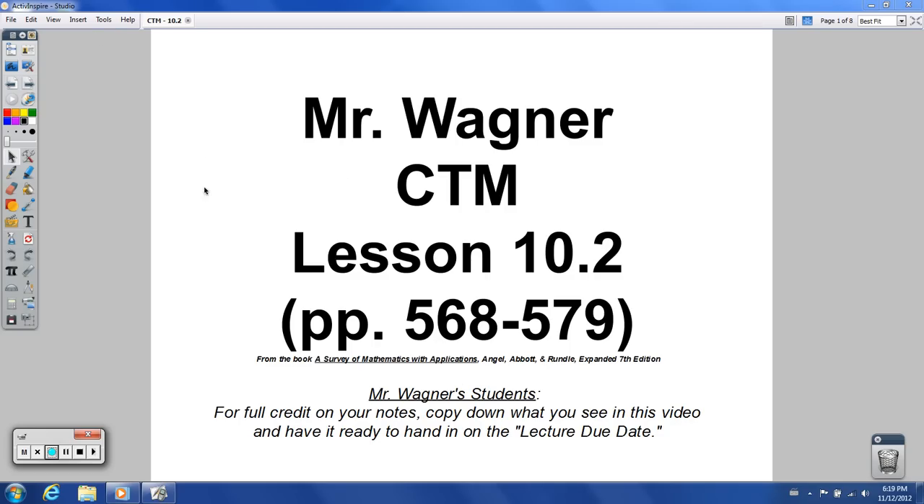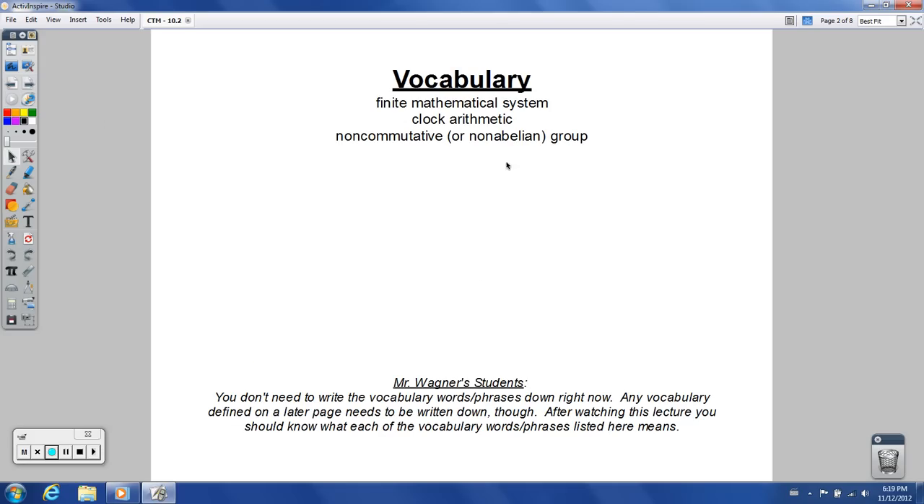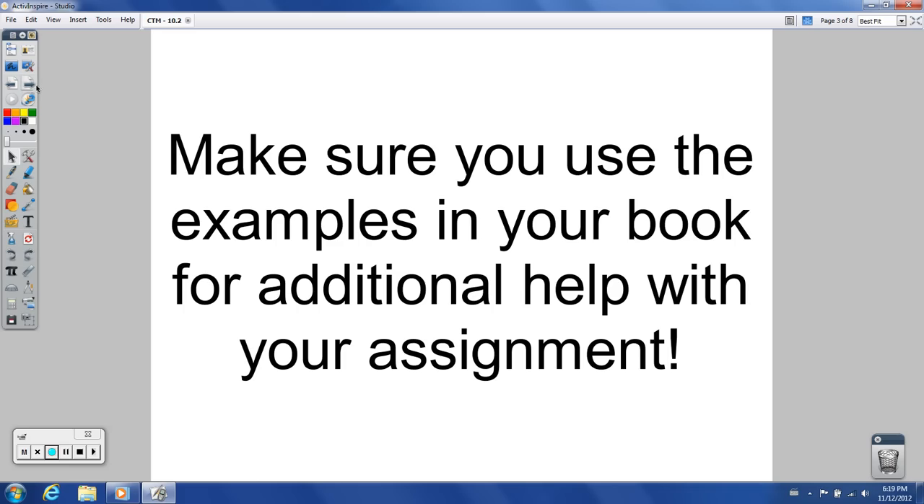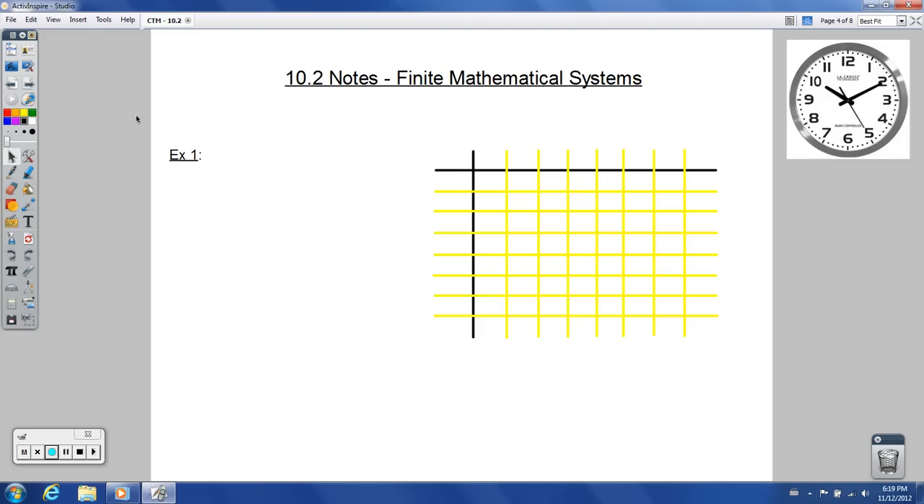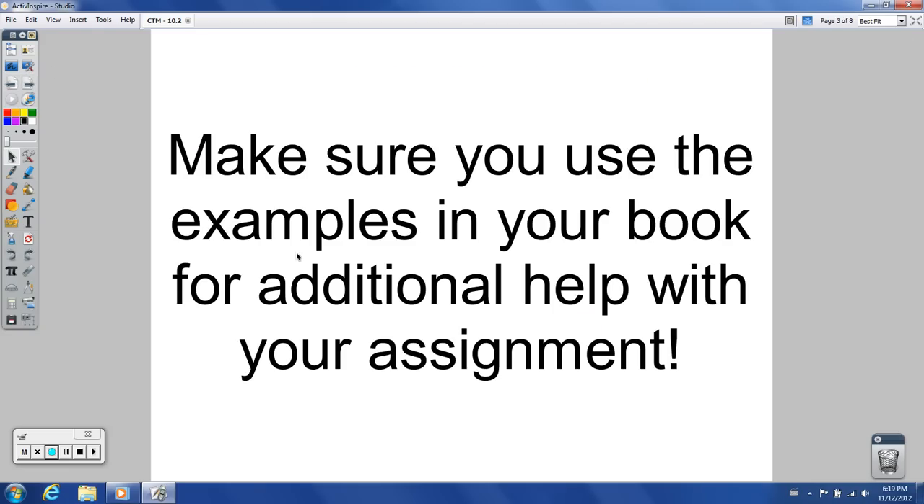It can be found on these pages, and if you want to check out some of the new vocabulary, here it is. Not nearly as much as the last lesson, but we're going to be focusing more on figuring out whether things are or are not groups in a finite sense, and make sure you're using those extra examples. Especially with this lesson, a lot of this stuff might be brand new for you,